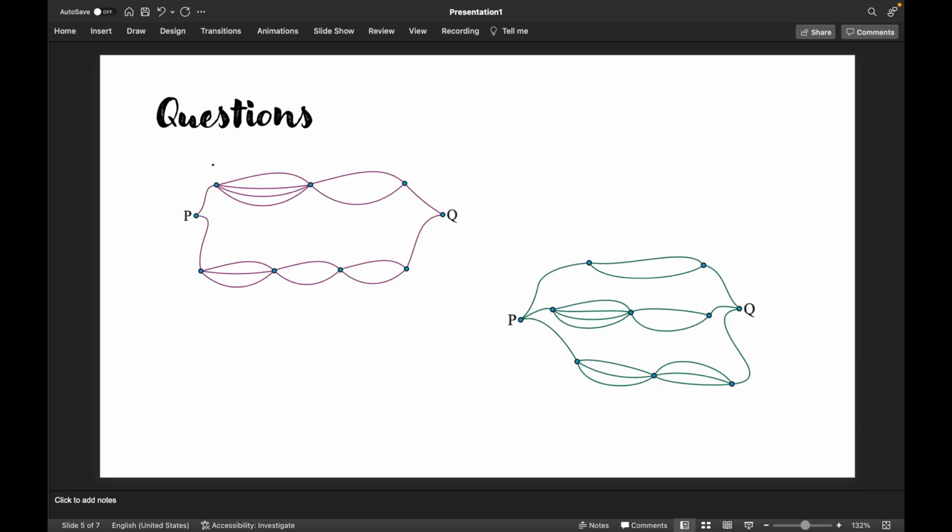So let's label this as A. To go from A to Q, we can either cross this path, and so on. So this can be done in 4 into 2 equals 8 ways, or we can go from P to Q this way. This is going to be 3, 2, and 2, and we multiply them. It's going to be 6 into 2, which is 12. So therefore, total would be 8 plus 12,